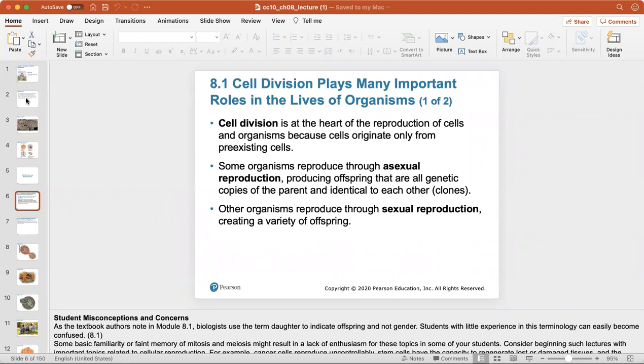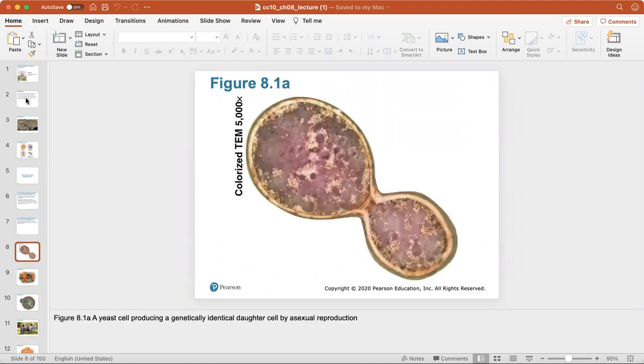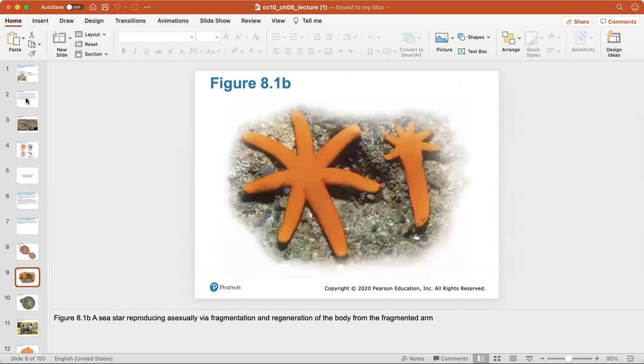identical to each other, or clones. And other organisms reproduce through sexual reproduction, creating a variety of unique offspring. So a yeast cell producing a genetically identical daughter by asexual reproduction is shown here. Here is a look at a sea star reproducing asexually via fragmentation and regeneration of a body part from the